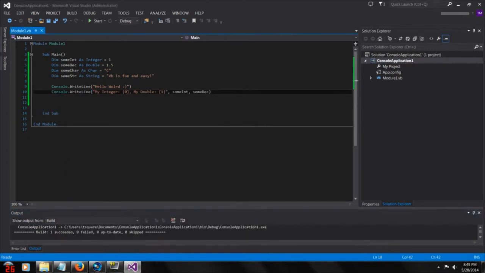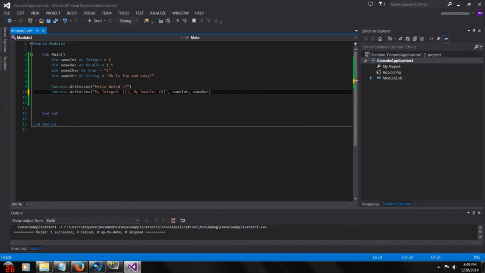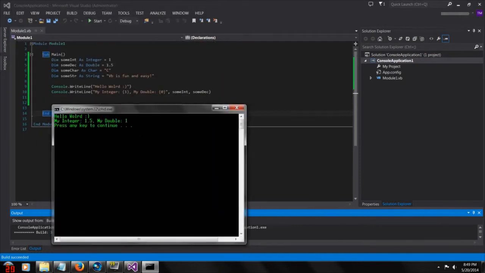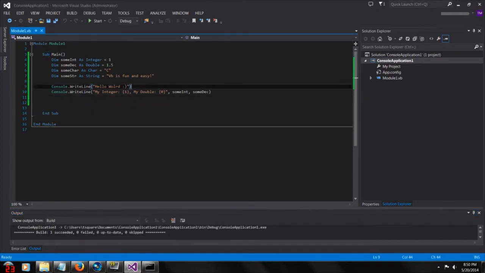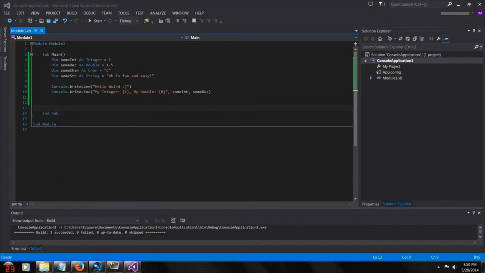Okay, so just something interesting I want to show you in VB real quick. You can change the order of these. They don't necessarily have to print out in the order in which these are arranged, which is pretty cool. So for example, notice that now my integer, because I changed the flag to 1 and 0, prints out 1.5. My double prints out 1. See, here's the 0th variable, it's calling the 0th, and here's our first, it's calling the first. I just thought that was kind of neat. Maybe you can use that too in a program someday when you're working with it. But anyway,